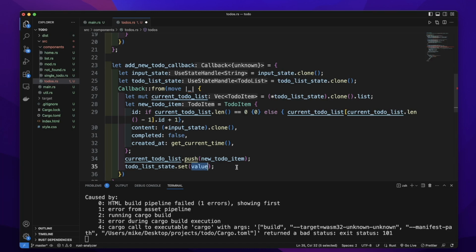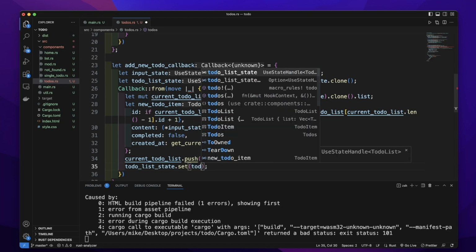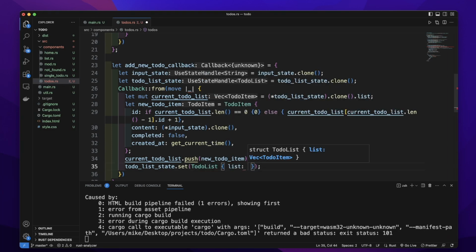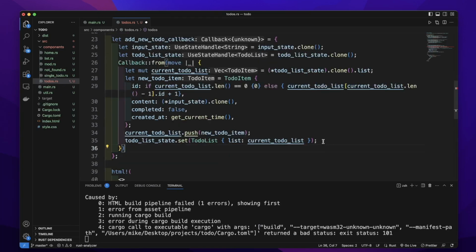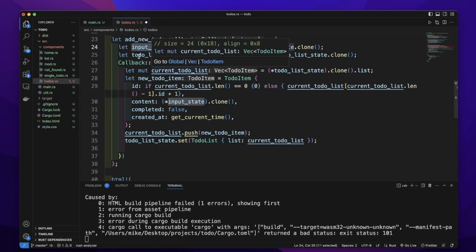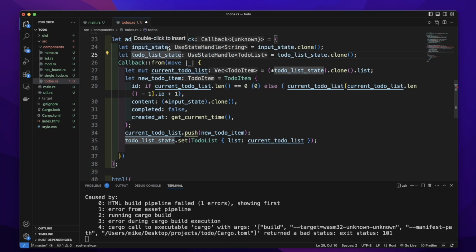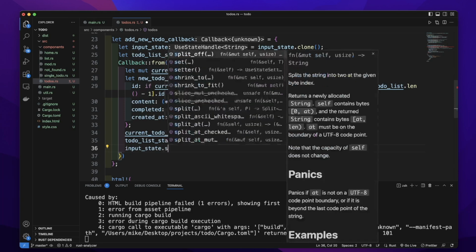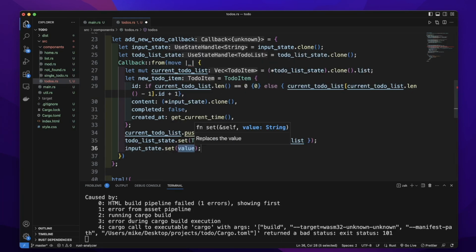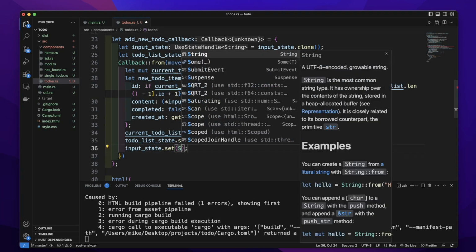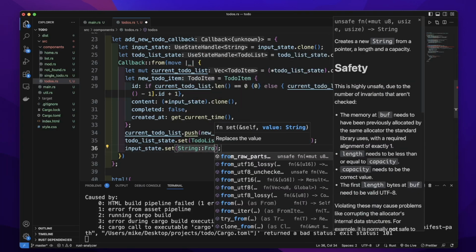So we will set this to-do list field to be the current to-do list. Last, we will set this input state to an empty string. So input state set string from